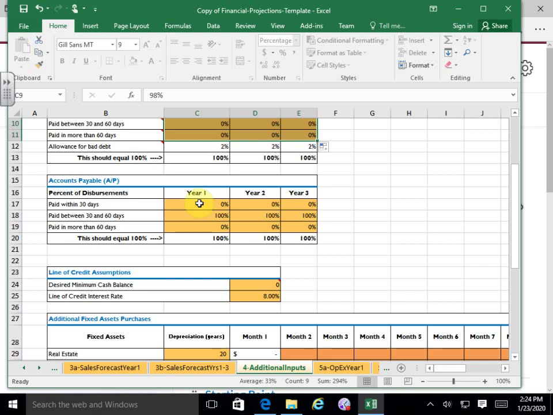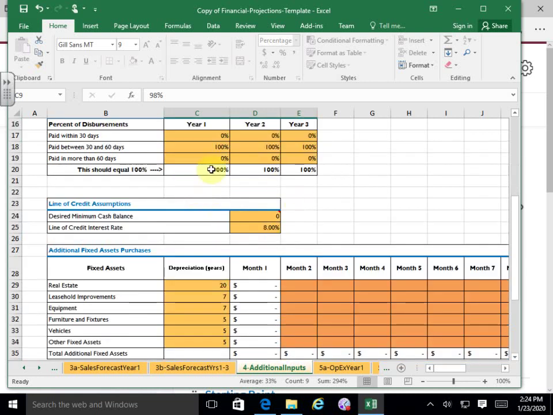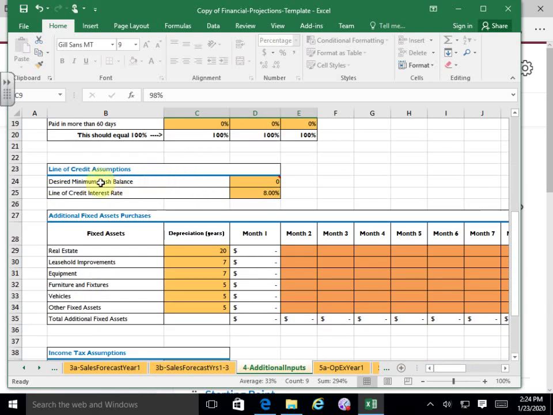Okay, you're not going to have hardly any inventory, but still, you might have some because you're going to have some supplies and whatnot that you're going to have to order. How are you going to pay those? Are you going to wait and pay them between 30 and 60 days? Or are you going to pay them when you get the bill? And some companies that you do business with may insist that you pay them right away. You may pick up most of your supplies at Walmart, so you have to pay right away then, right? Okay, so think about how you're going to pay those things.